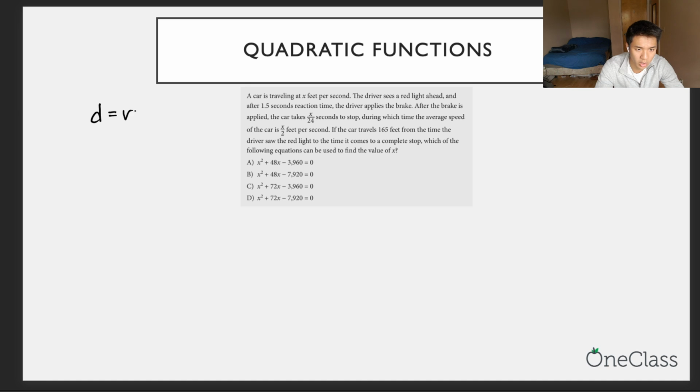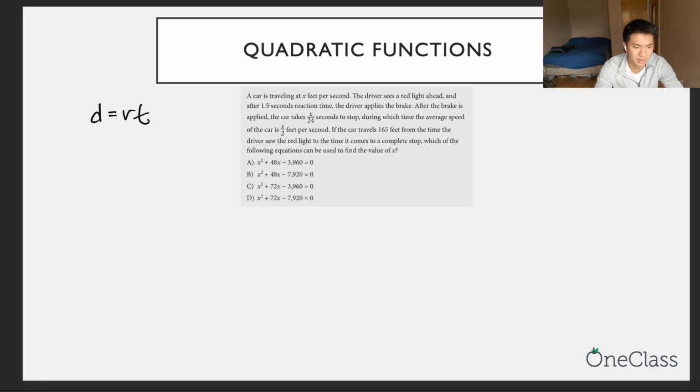D equals RT. Distance is equal to rate times time. Distance refers to measures of distance, like feet or miles, or in this case, feet. Rate is equal to speed, so miles or feet per second, maybe. And time is equal to a unit of time, so seconds. This relationship is something that you can keep in mind